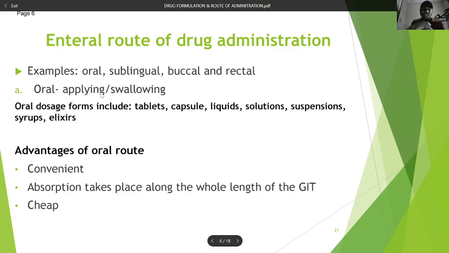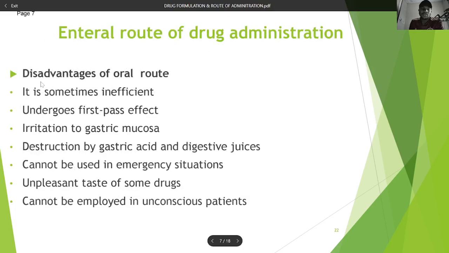And oral, that's swallowing. Oral dosage forms include tablets, capsules, liquid solutions, suspensions, syrups, and elixirs. Advantages of the oral route: it is convenient. Absorption takes place along the whole length of the GI, that's the gastrointestinal tract. Then it's cheap. Disadvantages of the oral route include it is sometimes inefficient and undergoes first pass effect,